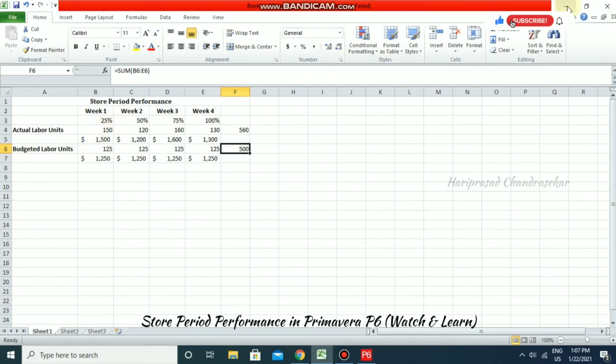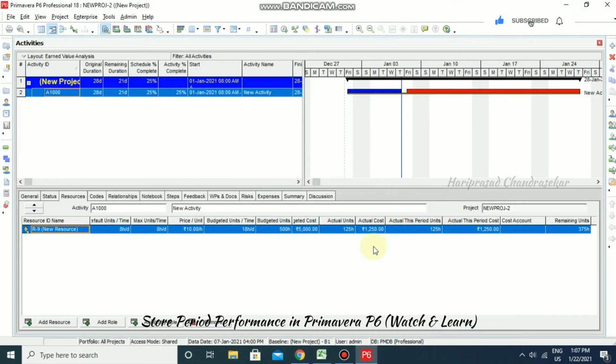So 150 we can input there. For actual this period units, I'm going to put 150. Once you put 150, this actual unit is also changing.